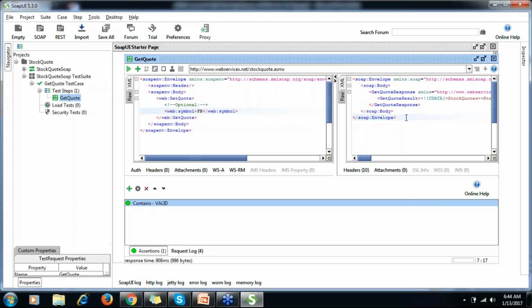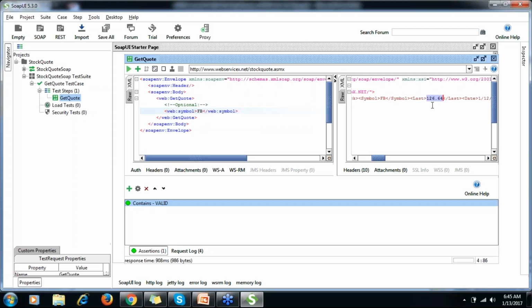If you have to validate whether the current stock price of Facebook is $126.64, I need to connect with the database, write a simple select query like select star from the stock price of FB or Facebook, and I should receive 126.64.